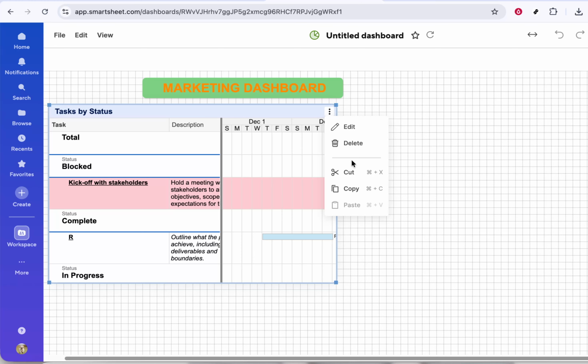If the widget is linked to specific data, be aware that the copy will point to the same source, so you may want to edit its settings if you need it to display different information. And that's all there is to it. By clicking the 3 dots on the widget,